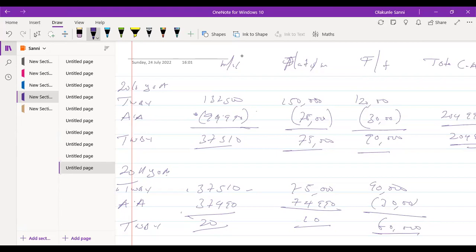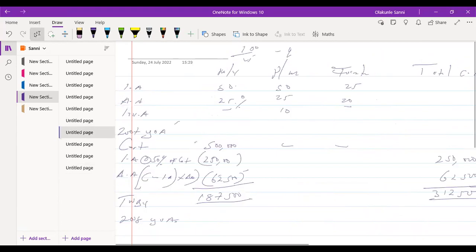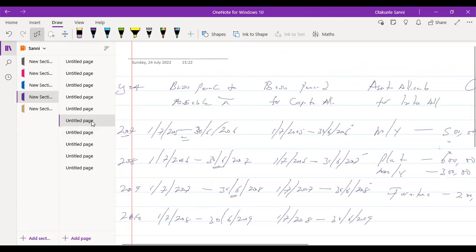Not here, but I have a question. What's the question, please? If you go back to the question, the first motor vehicle, the date of acquisition is 1st of January 2006. So are we going to give full capital allowance for that year, or will we just give the half year from the date of acquisition to the end of that year? For that asset,